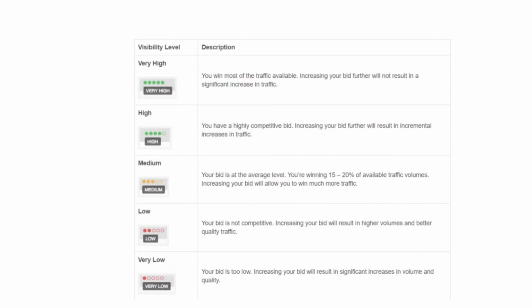So in Zeropark, you have 5 levels of visibility. All right, so first you have very high, where you win most of the traffic available, and increasing your bid further will not result in a significant increase in traffic. Then you have high, where you have a highly competitive bid, and increasing your bid further will result in